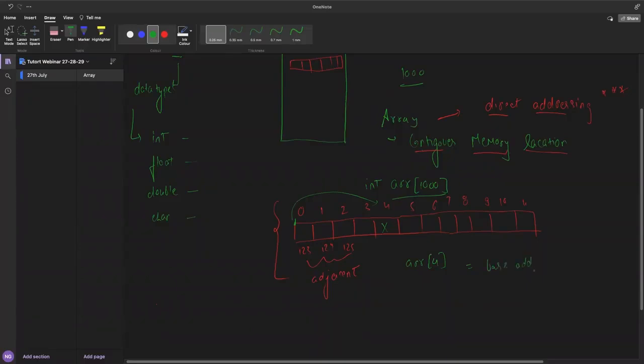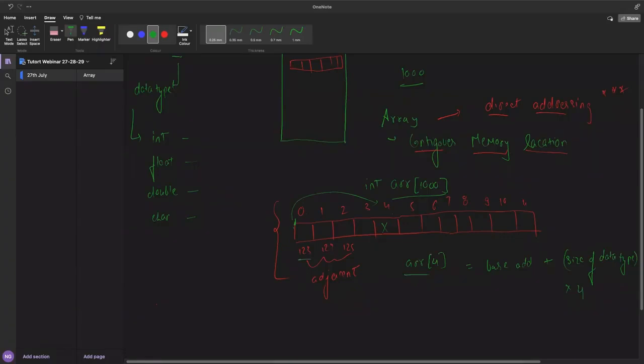Base address plus size of data type, into whatever position you want to reach, like 4. Every array is of a single data type. It could be an int, it could be a character. Whenever you initialize the array, the base address of the array is with us.